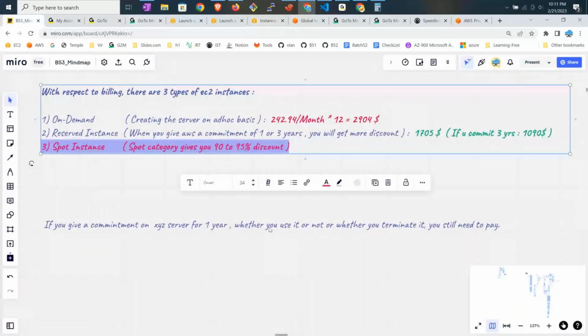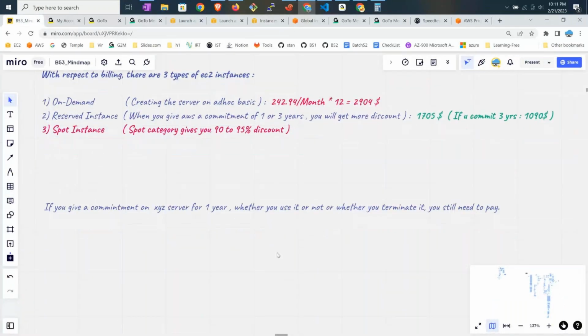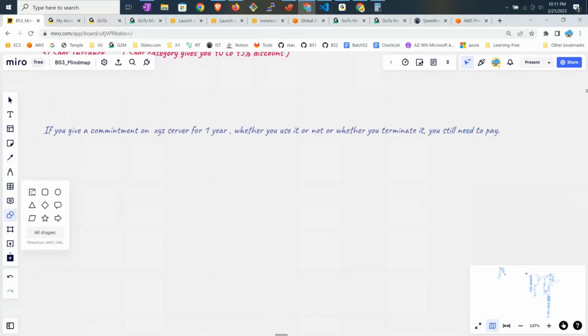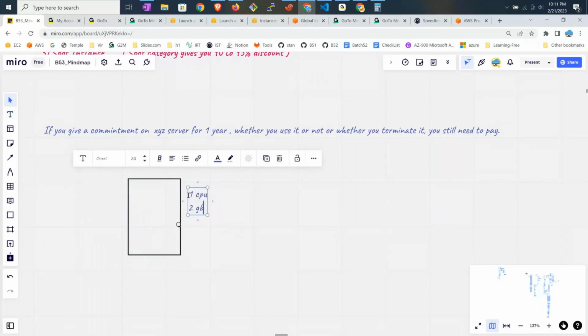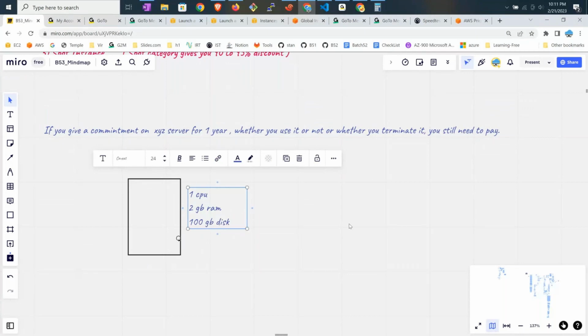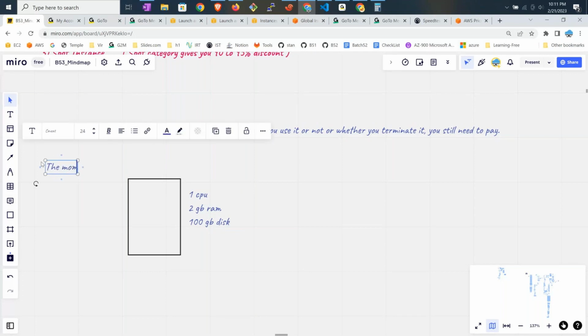You created a server. This is also one point I would like to talk about. You created a server, and the server has one CPU and 2 gig of RAM, and it also has a 100 GB disk attached. So the moment you start the server, billing starts. The moment you shut down the